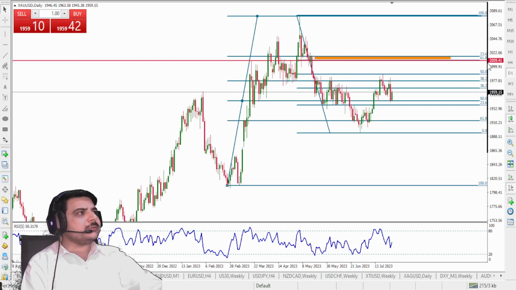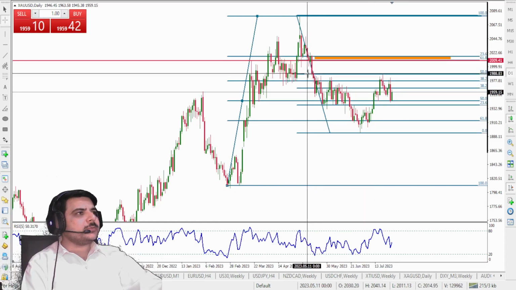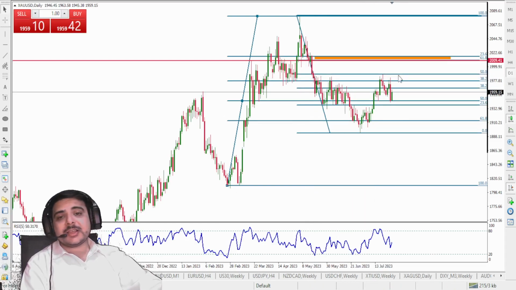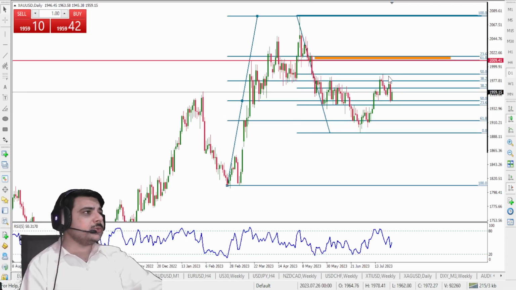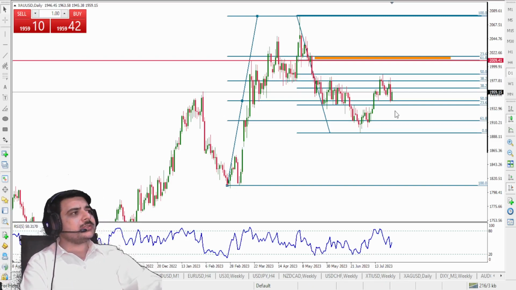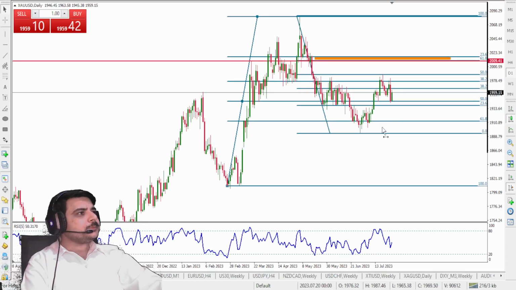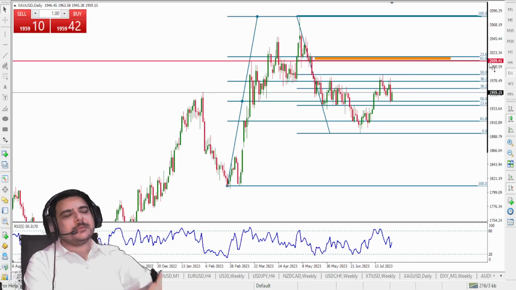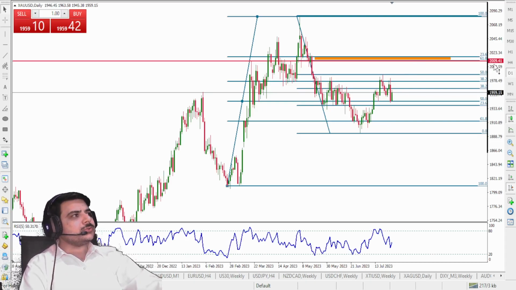When I was looking for a sell from right here, that same sell I have got from 1980 right here, which I was not able to trade, because overall I'm clearly bullish on gold US dollar. So right here, this is the current situation, and for this upcoming week I want to stick to